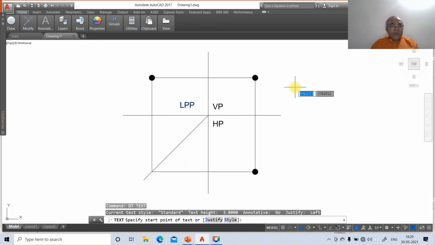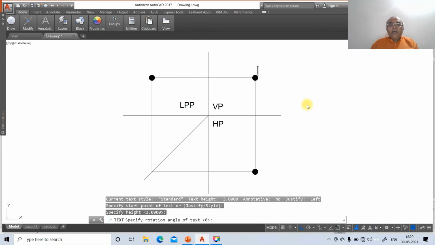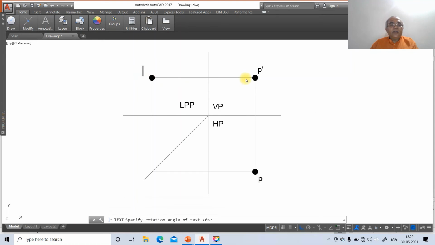So here put off the caps lock, then here you take the text height as 3, and you mark this point as P dash and you mark this point as P, and take the cursor till here and click on the first button of the mouse, and again P double dash. Then you mark this cursor here, put the caps lock on, type X and type Y, and type X1 Y1, you take X1 and you type Y1 here, then enter.